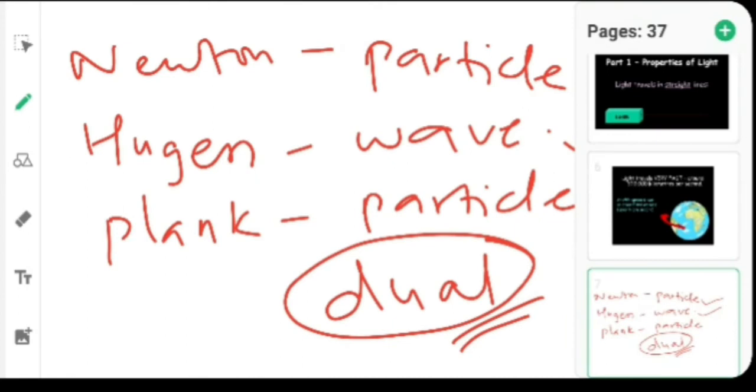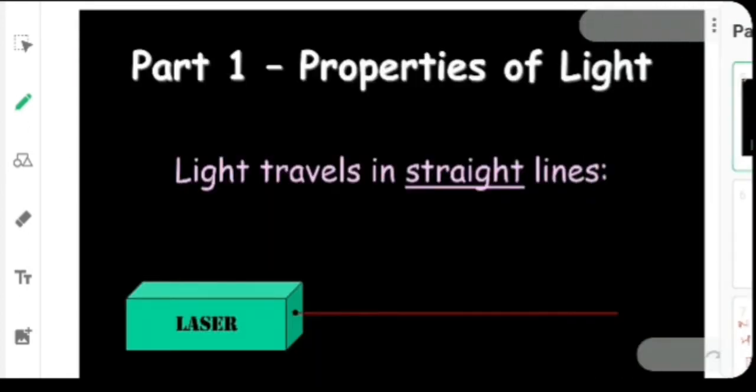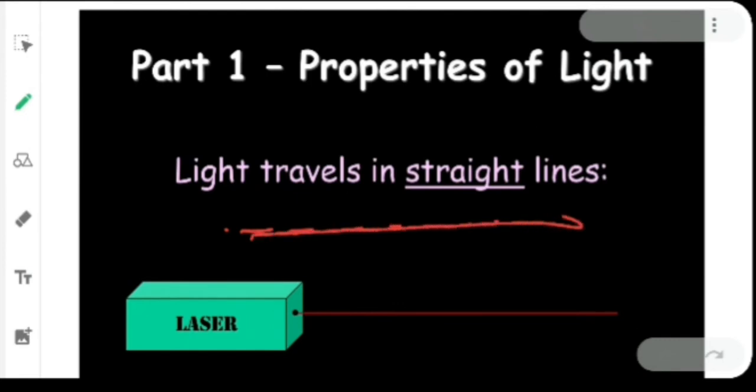So, in short, about the property: light always travels in a straight line. Suppose there is a single point here. From that point, the light goes on traveling in a straight manner. It travels in a straight path. It does not go in a curved form, and it will not go in a random form either. The light will always keep traveling in its straight line path. We can consider it with the help of a laser itself.